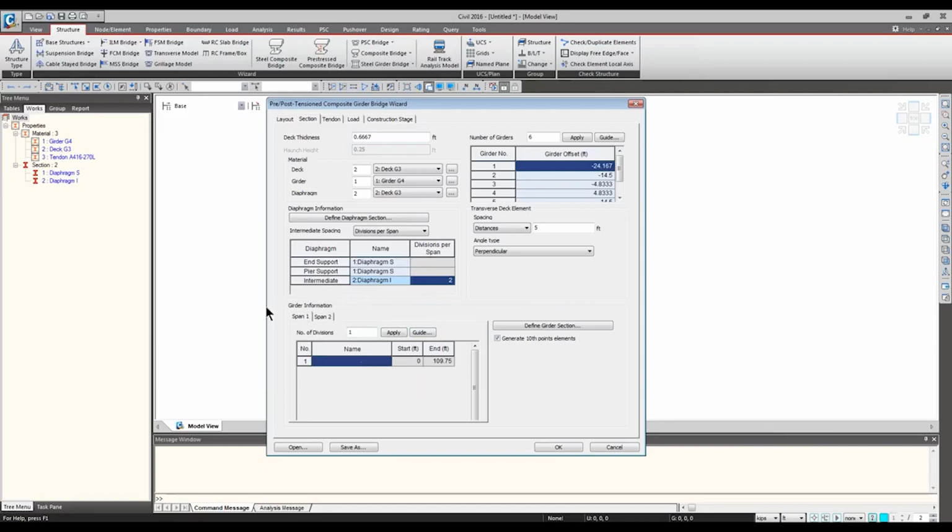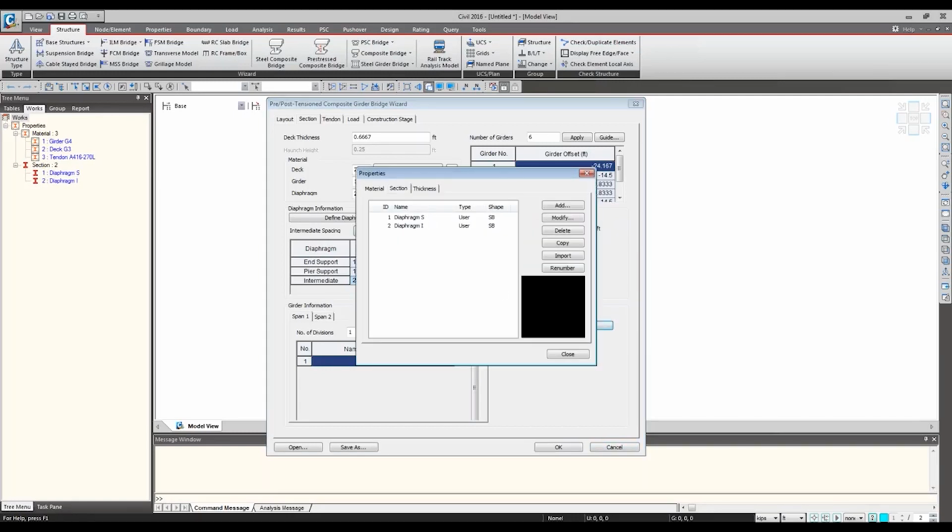The interface looks really simple since it's a precast application. But for splice, we can specify the splice point and locations and so on. But right now, exactly the same way as the diaphragm, I don't have any section for the girder. So now I'm going to click this define girder section and define the girders that I need. Whenever you have a drop-down list but you don't have anything, you don't have to go out from the wizard. You can always find a button that takes you to a new window in which you can define what you need for this list.